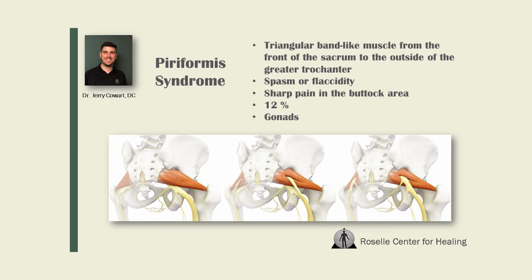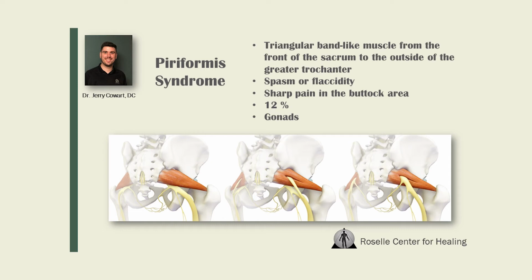So a lot of times when you have that sharp pain in the buttock region that comes along with sciatica, we talked about how that is one of the symptoms of sciatica, that sharp pain or burning sensation in the buttock area. A lot of times it's due to this piriformis muscle, and oftentimes it is because it's contracted. It is the spasm, if you will. And so a lot of times it's trigger points. You go in and you relieve that piriformis muscle, and then a lot of your sciatic nerve pain will start to eliminate fairly quickly because of it.